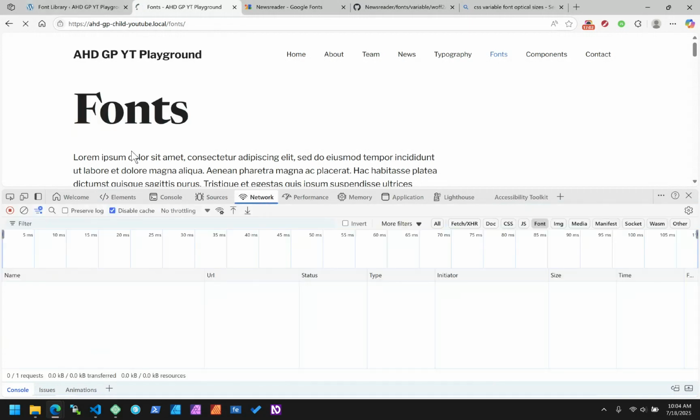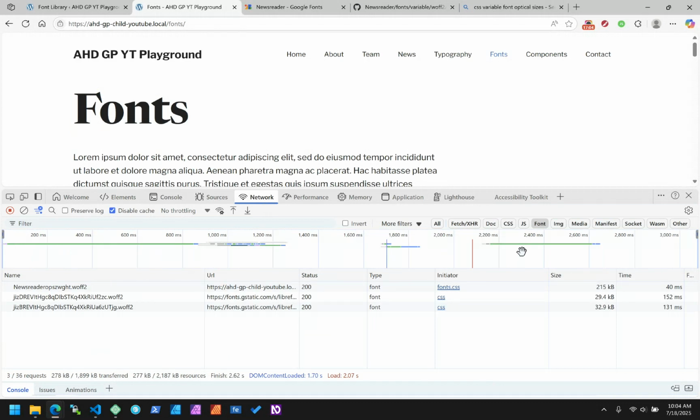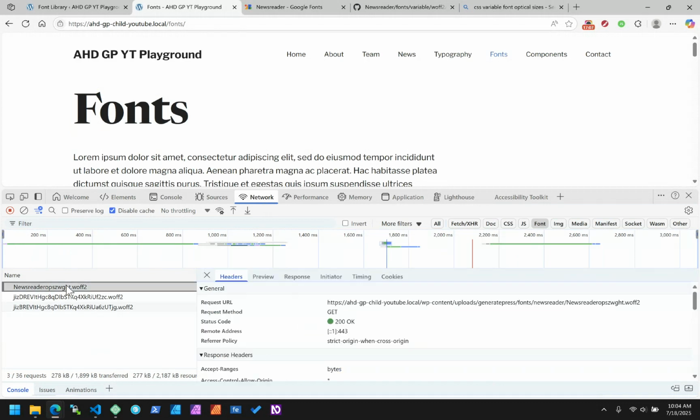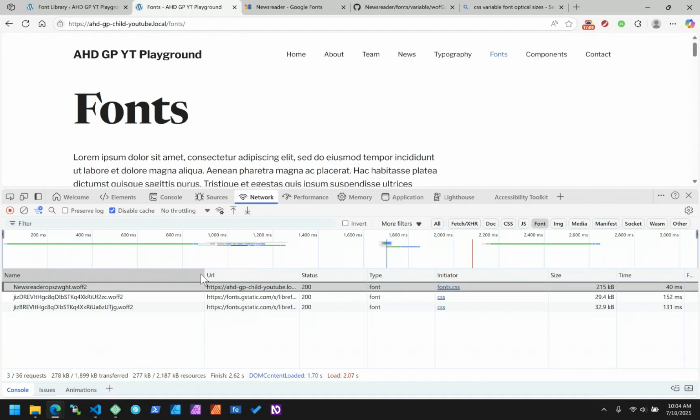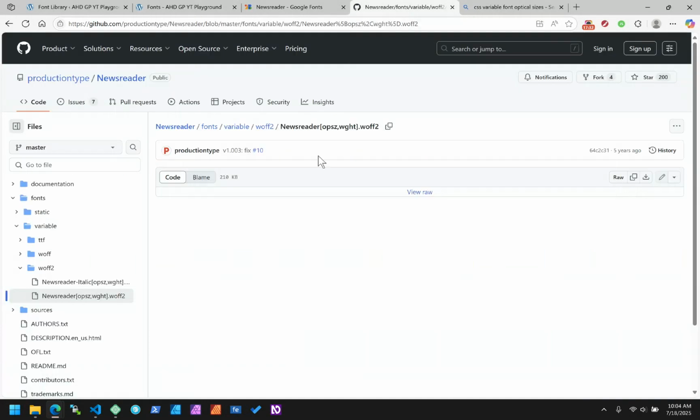But just to show you, let's reload this and let's see what fonts load. Okay, so you got Newsreader, which is 215 kilobytes. But you have to remember that this is a variable font, so it actually contains the weights 200 through 800. So it may be more efficient, if I know I'm only going to use one or two weights of a specific size, that you could also